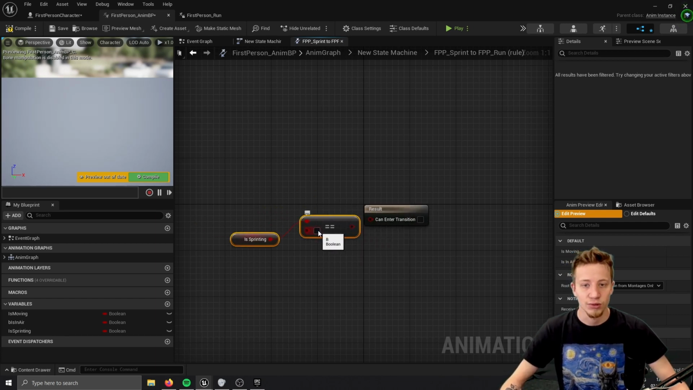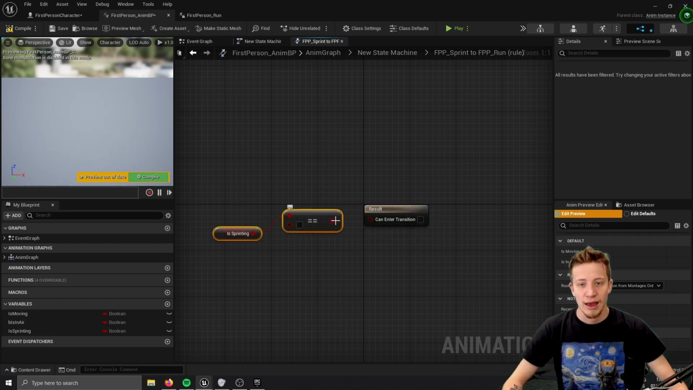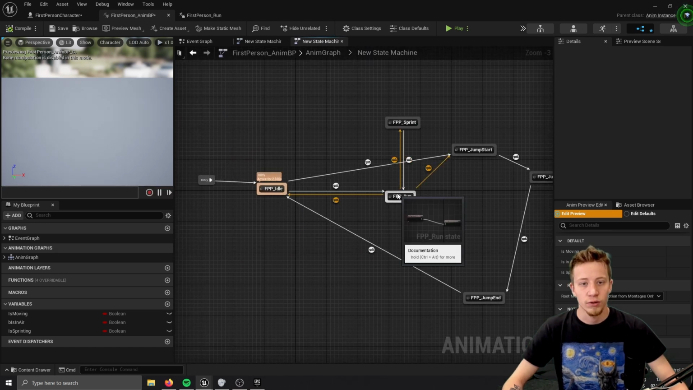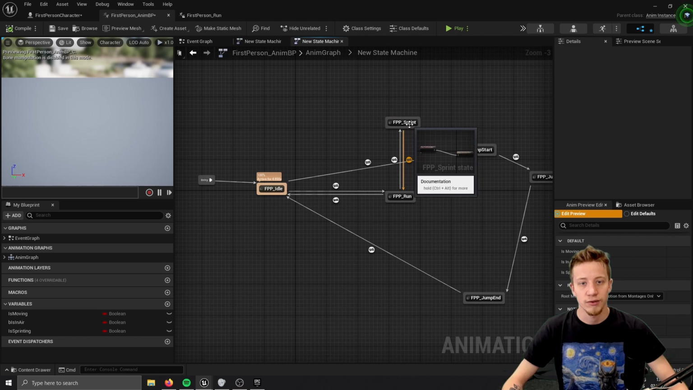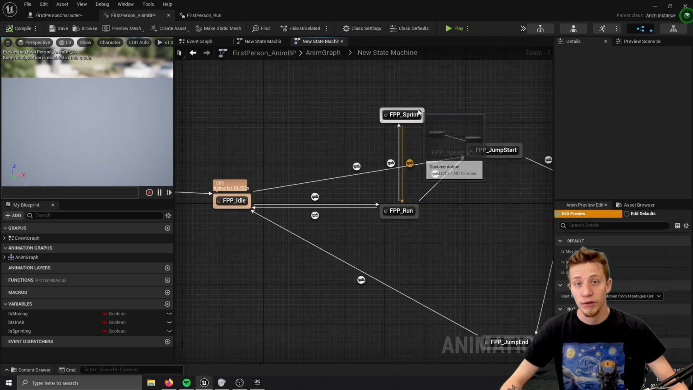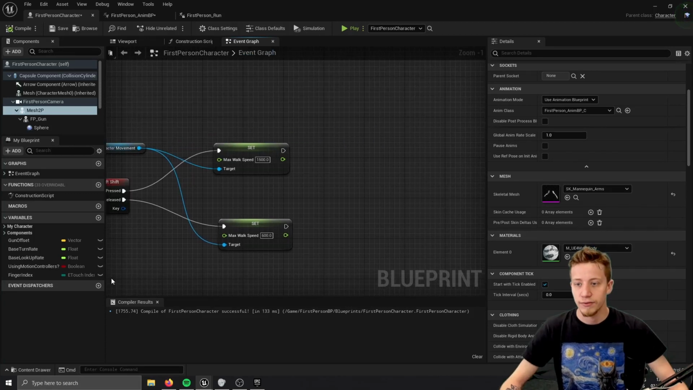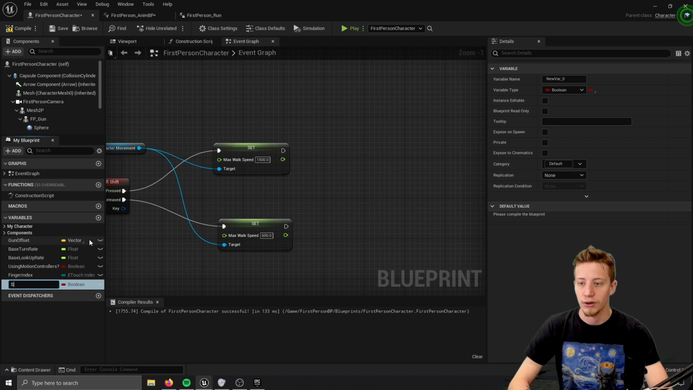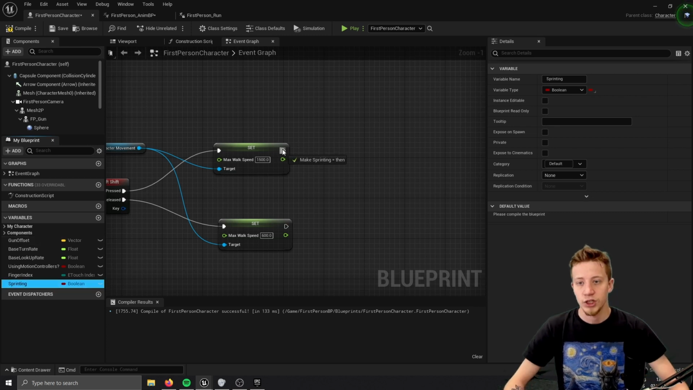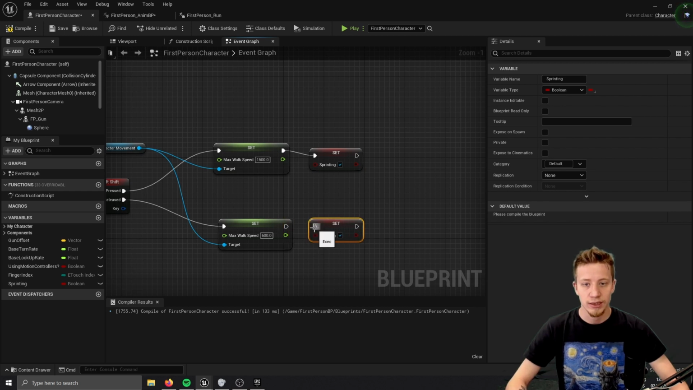And on your way back, you can just paste it again. I clicked Ctrl+C before if you haven't noticed, and connect it right here. If it's true, it will go from run to sprint. If it's false, it will go from sprint back to run. So now we also have to set up that variable in first-person character. In event graph, let's quickly add here a new variable right here on this icon and call it sprinting. If left shift is pressed, let's set it to true,